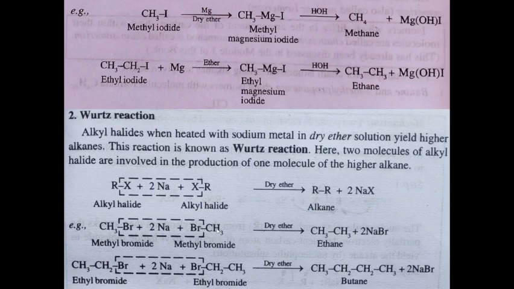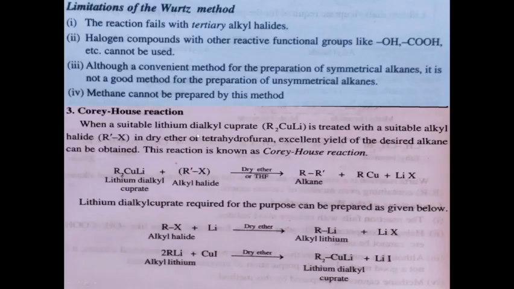Next is the Corey-House reaction. When a suitable lithium dialkyl cuprate, which is the reagent, is treated with a suitable alkyl halide in dry ether or dry tetrahydrofuran, an excellent yield of the desired alkane can be obtained. This reaction is known as Corey-House